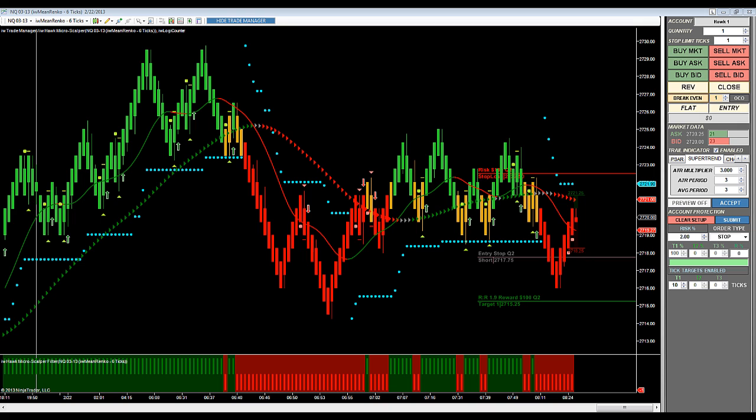And what I'm doing is I can anticipate where the hash mark will print with my handy dandy little tool called the Logi Counter, which are those faded numbers that you see above and below the current bar. What I'm looking for here is I'm either looking for crude oil to come lower and actually give me a signal by triggering the signal, in which case it will print a triangle and a hash mark,